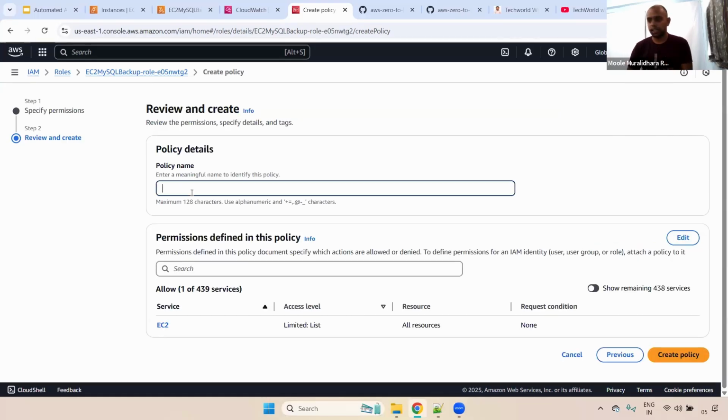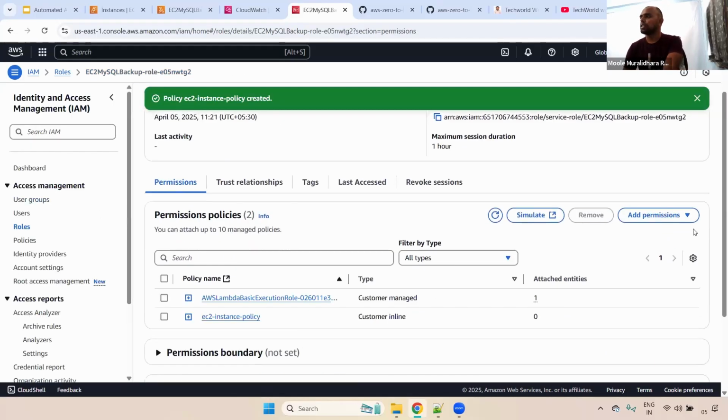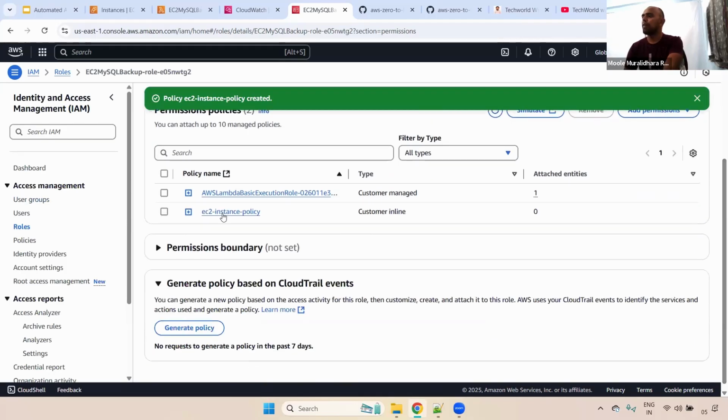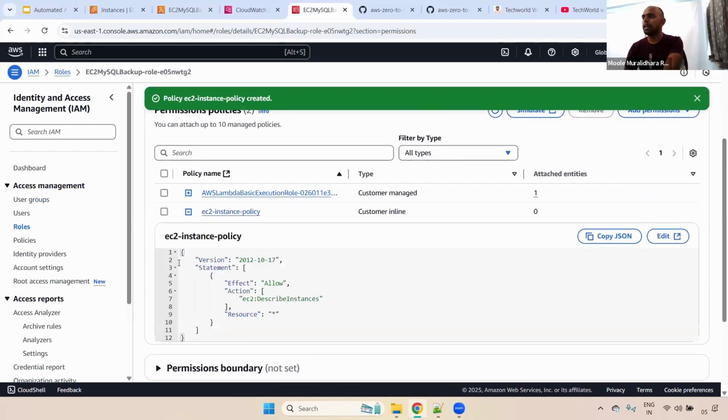Now here it is asking for a name. I'm giving it EC2 instance policy. Okay. Now you can click create policy. If you see here, we have added the policy. In the inline policy we have added, and here you can see that we gave that EC2 describe instances, whatever we